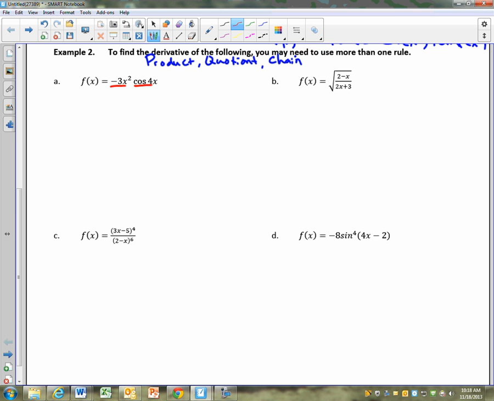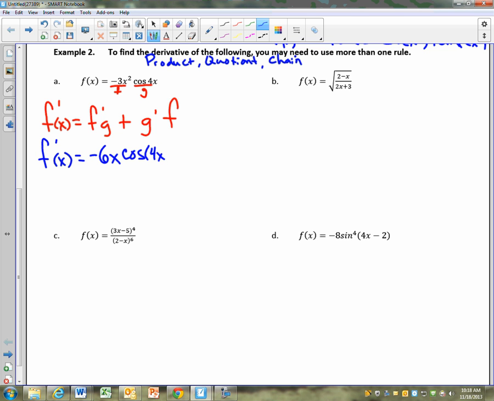So here's how I set this up, okay? I set it up as the product rule. So this is my f, and this is my g. And I set it up like this. F prime of x is equal to f prime g plus g prime f. What is f prime? Times cosine of 4x plus